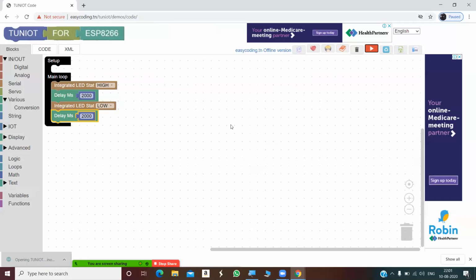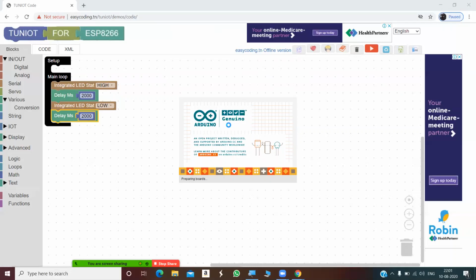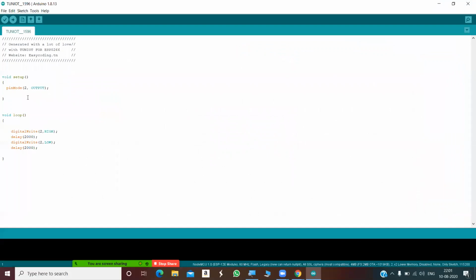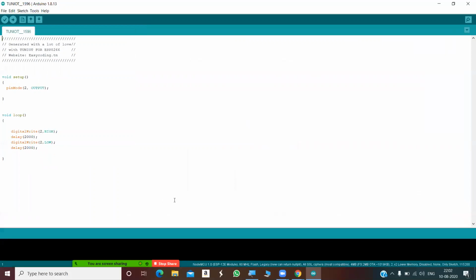file has been opened. So this is the Arduino file. It will take some 4 seconds for the file to open. And now you see the program has been directly opened in Arduino IDE. Next, from the tools, you can select the port. So I have not connected the Node MCU. If I had connected, the port name would have come here. So select the port and then you can upload the program to the Node MCU.